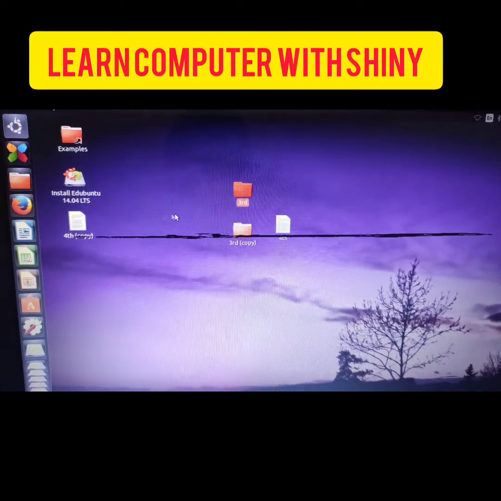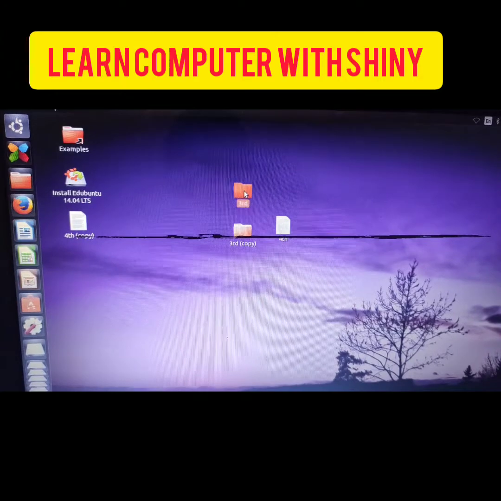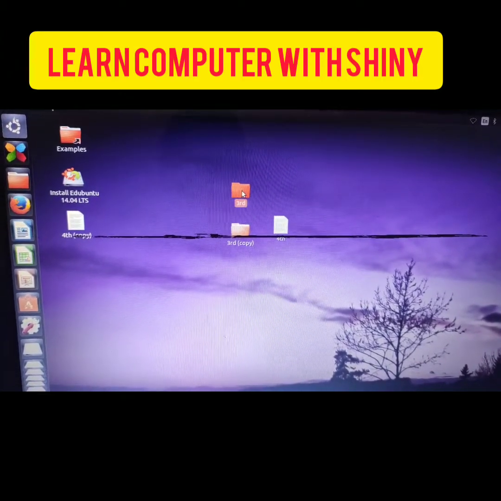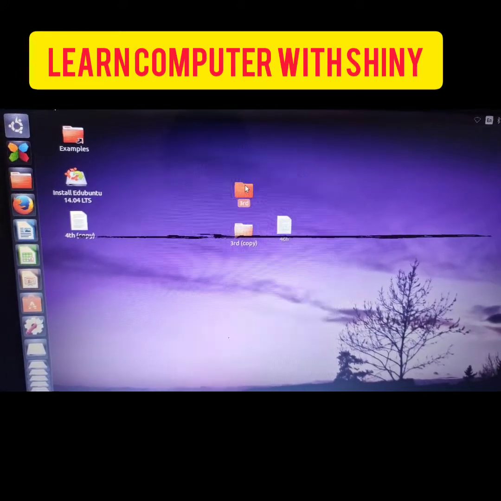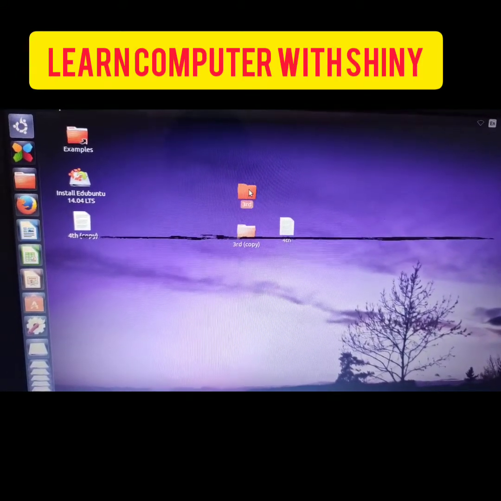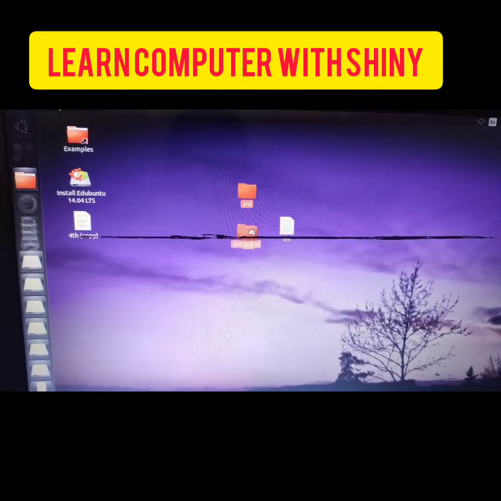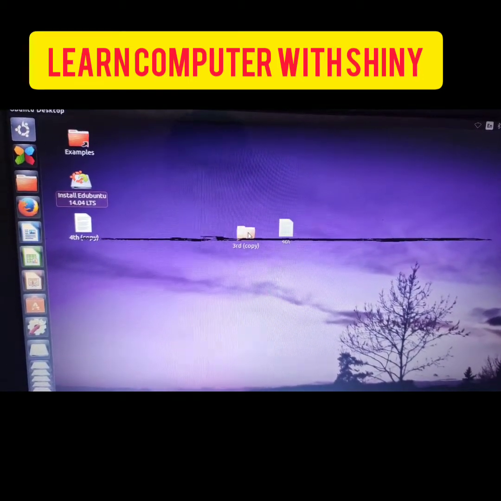In the same way, this will be our subfolder. I will move this folder into the third class copy folder. I'll drag it with the help of the mouse and move it into the third class copy folder.